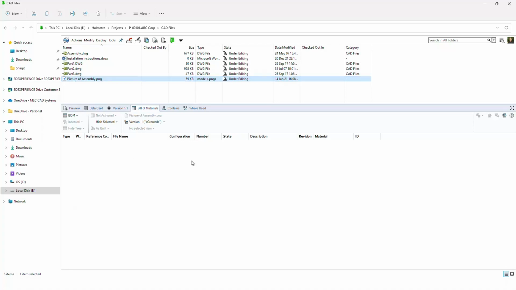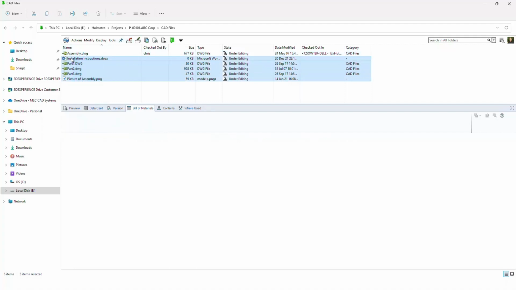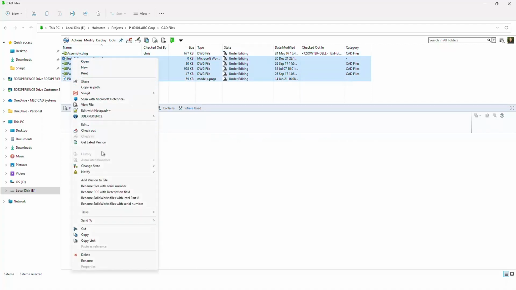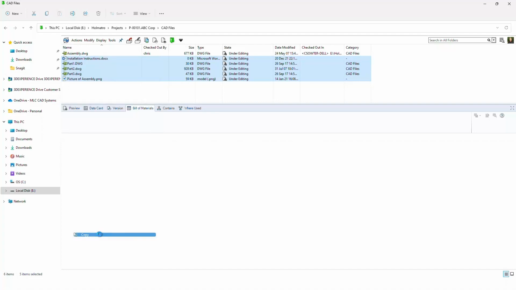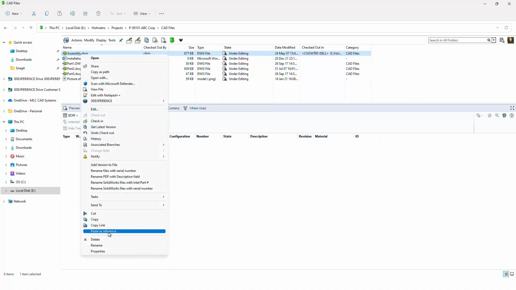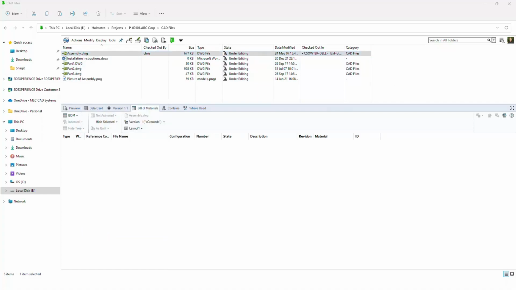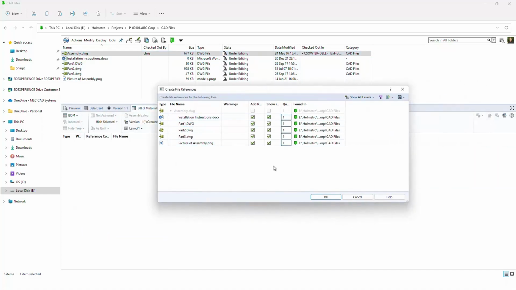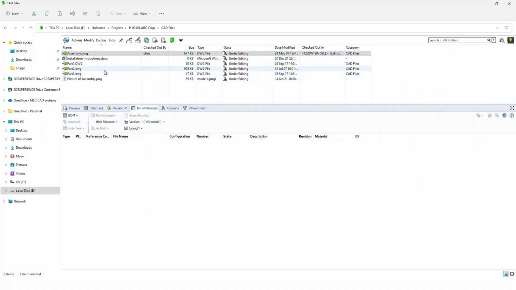Now, as you could see while I was clicking through, there was no bill of materials shown for any of these. Now, what I might want to do here is create that bill of materials manually. So what I would do is simply check out the top level document. I can take the files that I want to be reference documents and do a process of copy, and then on the parent document itself, do a simple right click and paste as reference. Now what this does is it attaches those documents as references to that top level. And then when that top level is checked in,